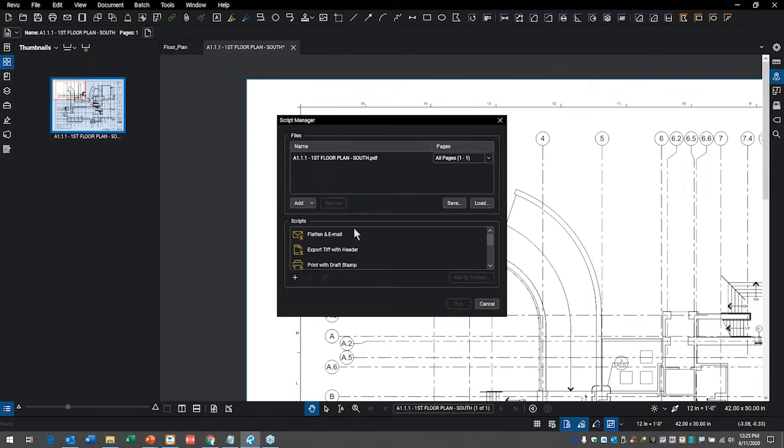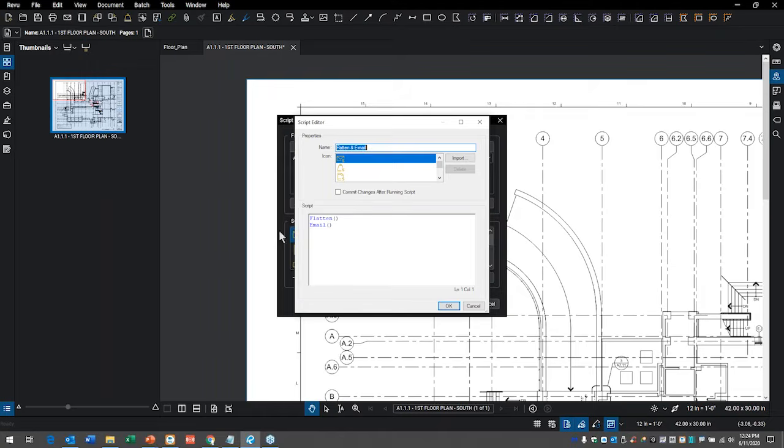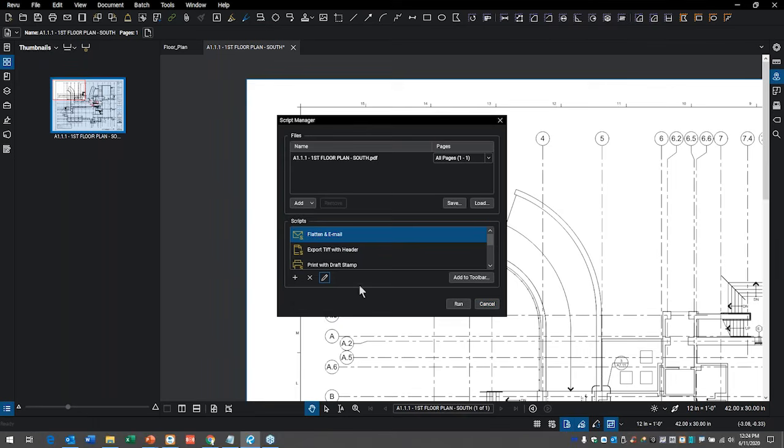The scripts are listed down here at the bottom, and you can do lots of different things with them. For instance, here's one called flatten an email. If I go ahead and click the pencil to edit it, we'll see some of the script that's in there. So we have flatten and we have email. Notice as I hover over each of those, it tells me a little bit about what it's doing. So I said, oh, you know what? I insert these pages a lot in my file, so why don't I